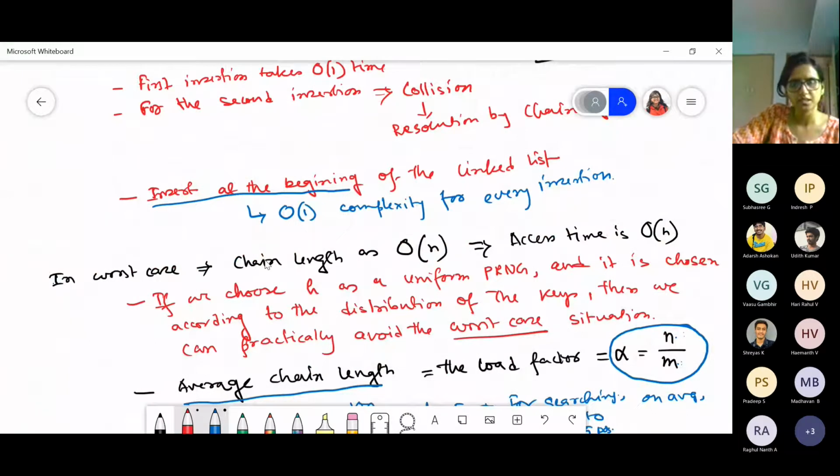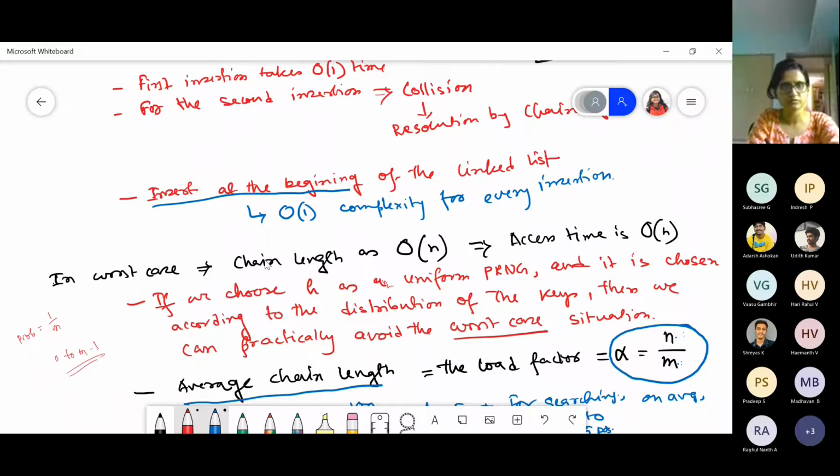So in the worst case, the chain length can be as bad as size n, where n is the total number of keys. So access time will be order of n. But if we take this h, the hashing function, as a uniform PRNG, then we expect that all the numbers inside this range 0 to n minus 1 will be equally likely. If all of them are equally likely, the probability of choosing each number as output will be 1 by n.